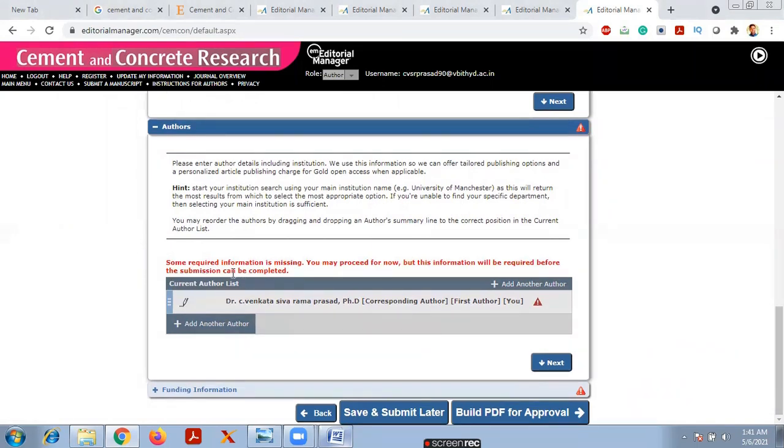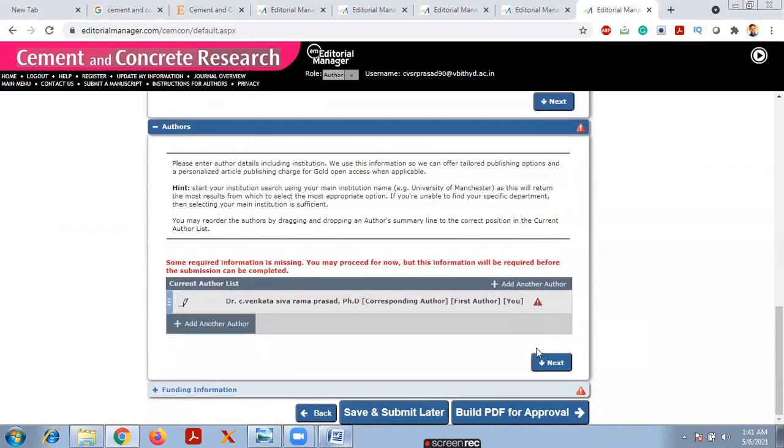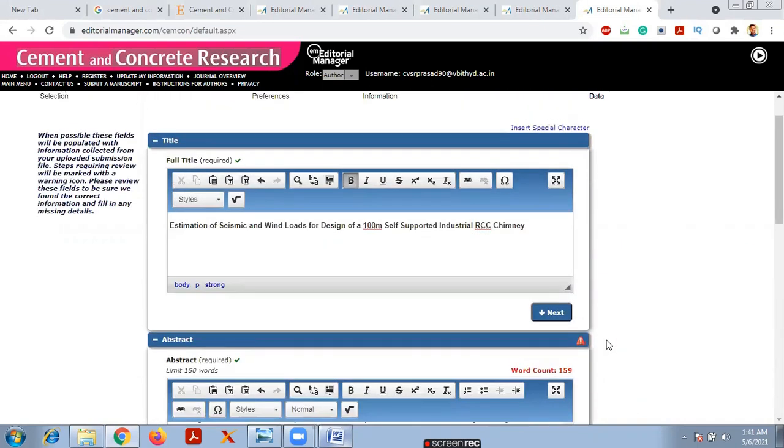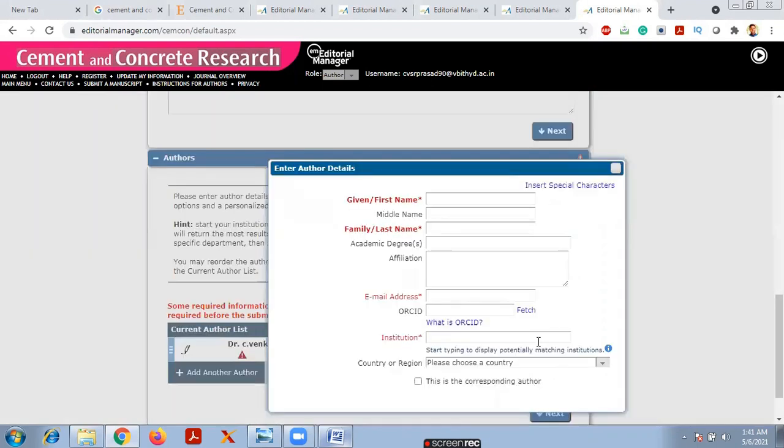See, some required information is missing. You may proceed for now, but this information will be required before the submission is complete. Like this you have to click this one, then build the PDF. Please wait for 1 second. Here you see enter author details.